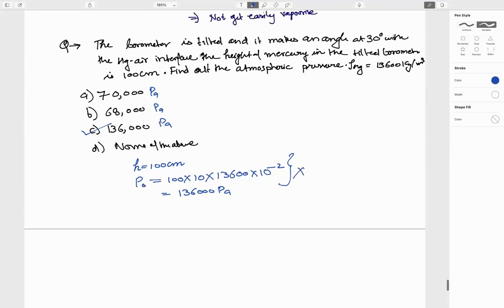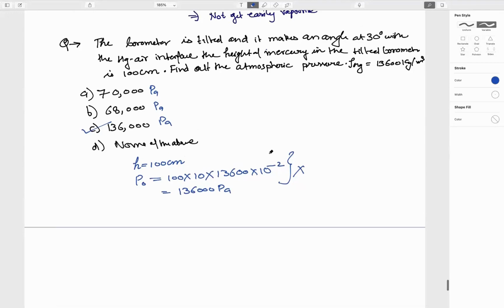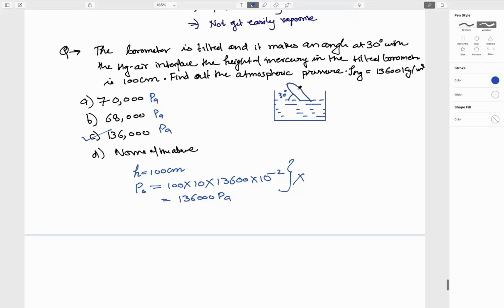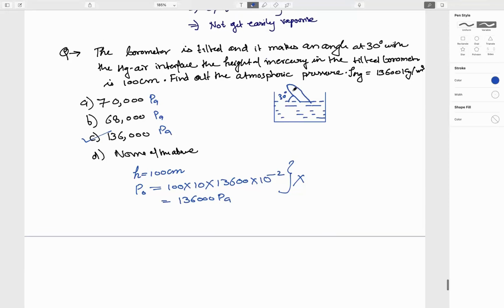Let's read the question. The barometer is tilted and it makes an angle of 30 degrees with the mercury-air interface. So when we are reading, at least we should try to make a figure of it. If the barometer is tilted like this, and it makes 30 degrees with the interface, this will not be the angle that is 30 degrees. And he said that the height of the fluid in this is